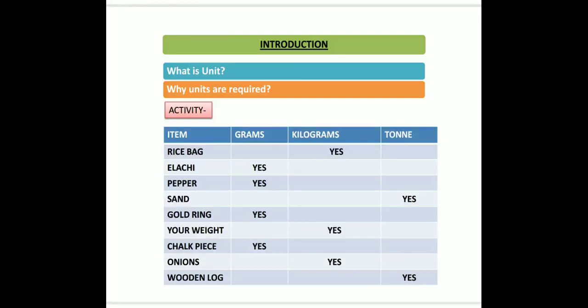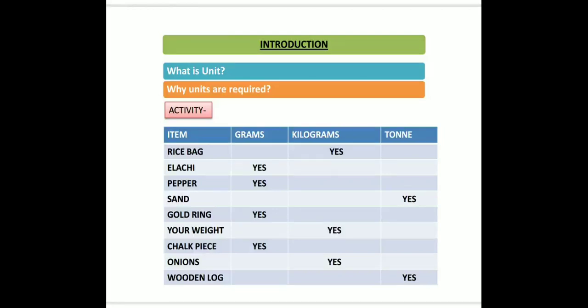If at all, Rashida asked the shopkeeper to give 2 sugar, 100 tea powder, can the shopkeeper give the items? In this way, there is no meaning of these numbers without measuring terms. We can understand the quantity of weight, time, distance, etc. only when they are expressed with measuring terms. Here, in this case, the measuring terms like kilograms and grams along with the numericals, then only the physical quantities are meaningful. These measuring terms are called the units of those physical quantities.